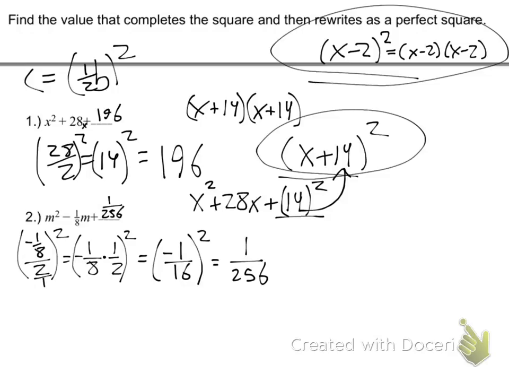Now I'm going to take a poll of hands here. How many people want to factor 1 over 256? Pretty much nobody wants to. It's not a nice number. But wait a minute, guys. If I have to write that perfect square binomial, it's just going to end up being m minus 1/16, or plus a negative 1/16. It's because the value of half of b is what goes in the perfect square binomial. It's factored then. It's the shortcut to factoring